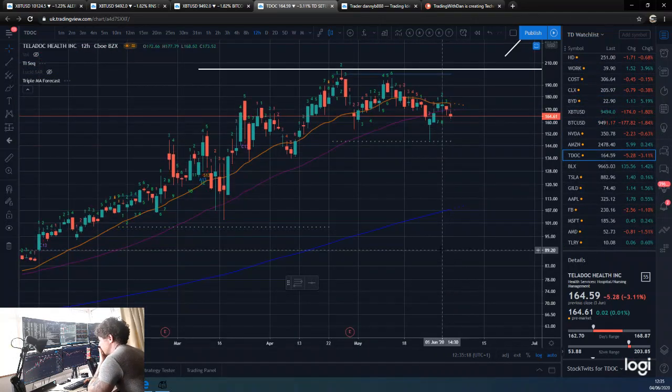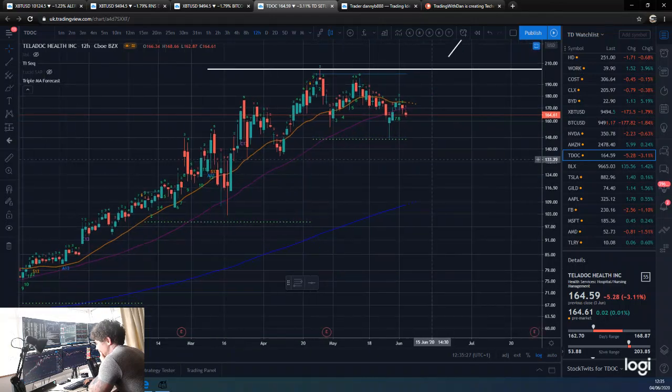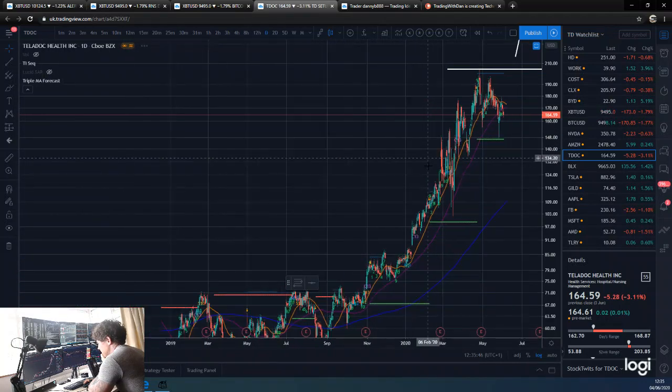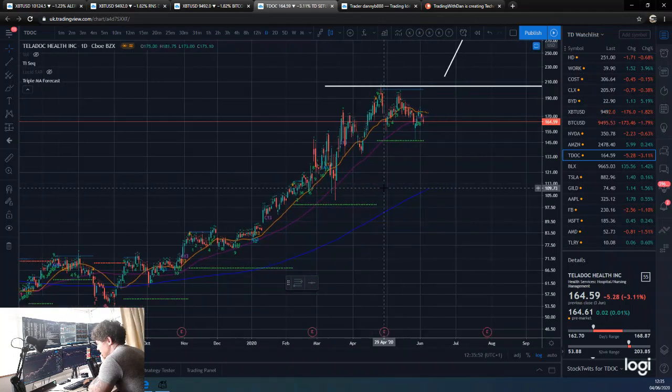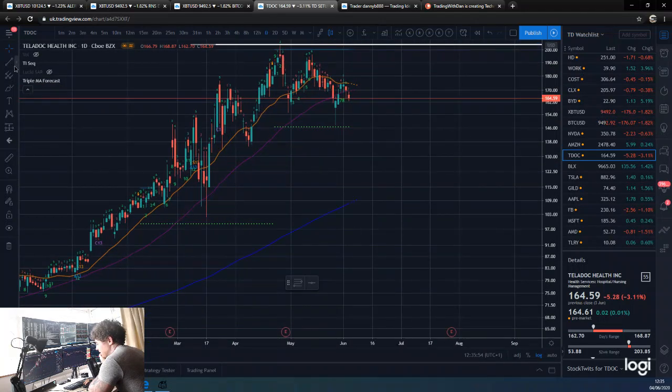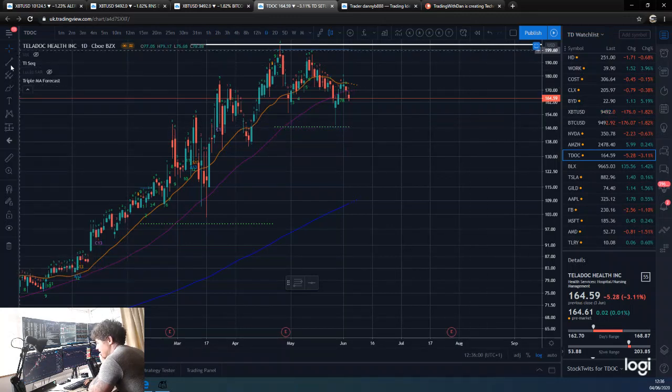TDOC. I do know this was one of my one line longs I was buying, but after we sort of had this big move down here, I'm now not so convinced because that's clearly a lower low on the daily, and clearly that was a lower high as well. And this could even end up being a lower high again. And then if we take out this level here, I think it's curtains for this one. It's had a pretty punchy move up so far, guys. So this has got plenty of downside to correct. So there you go, I've just basically explained to you why I am now out of this asset.